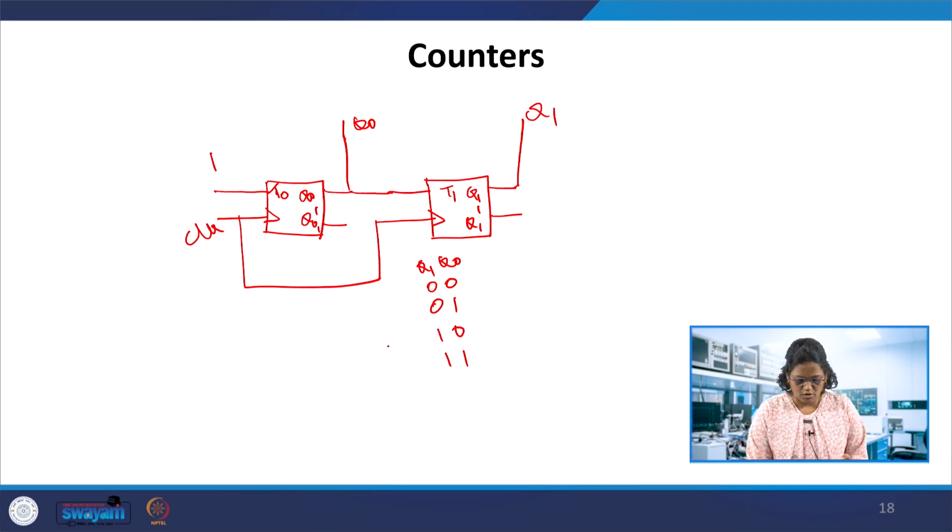This is in the order. This is 2-bit, so there are 4 states. We use the excitation table and the functional table of the flip flops, and then the design can be done. Use the K map, because it's only 2 bits. If you have more, suppose it's a 4-bit counter, then the map would have 4 flip flop inputs, so you will have 16 combinations, and a 4 variable map may be required.